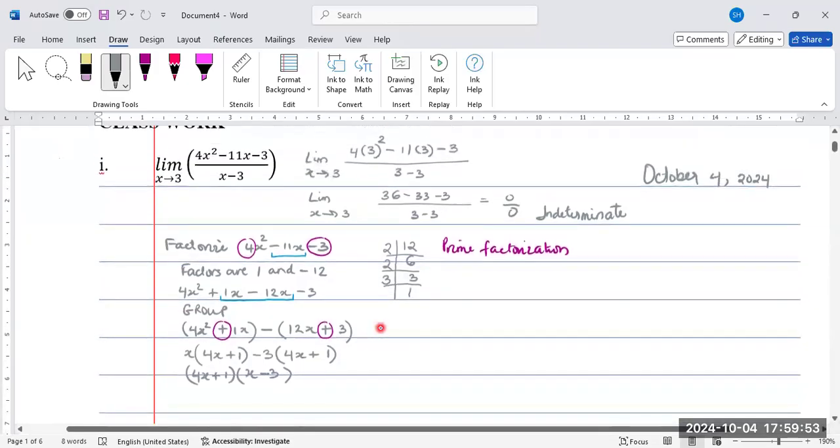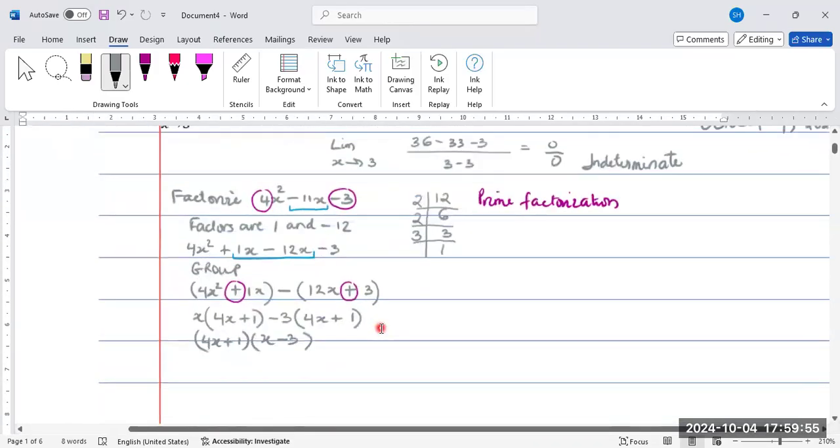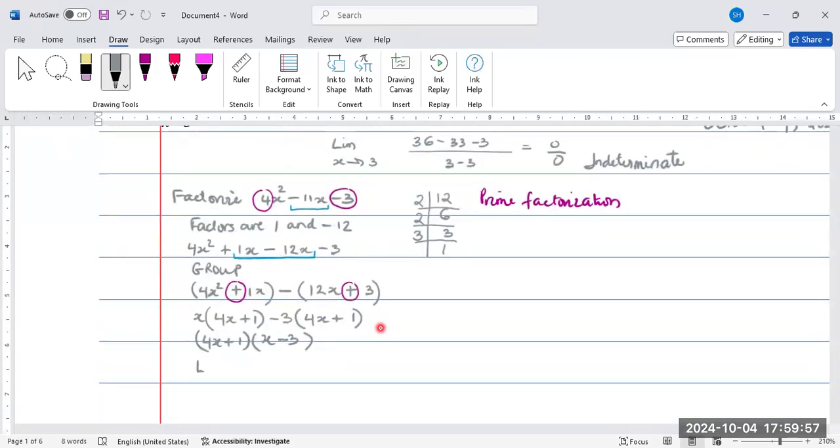So now what I have is me rewriting the question: the limit as x tends to 3 of